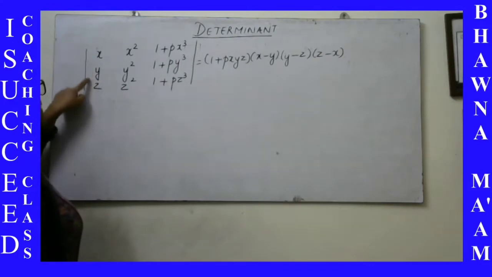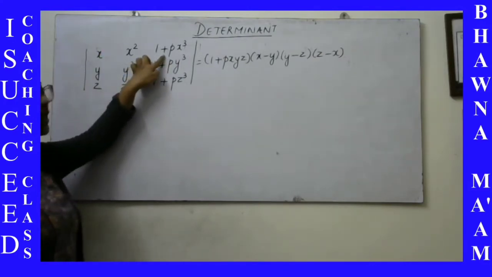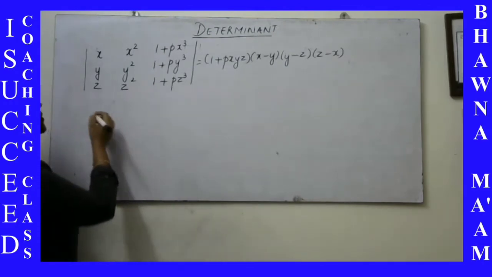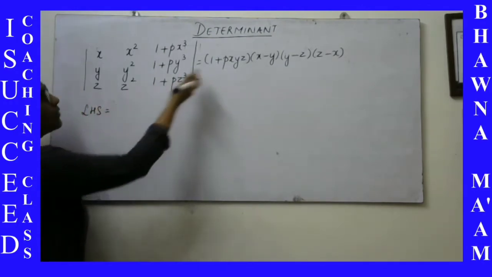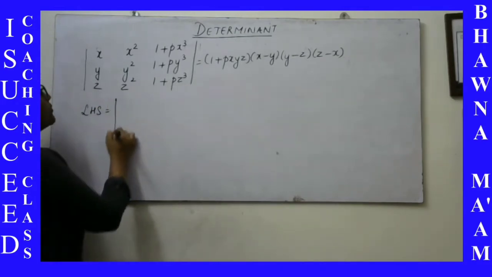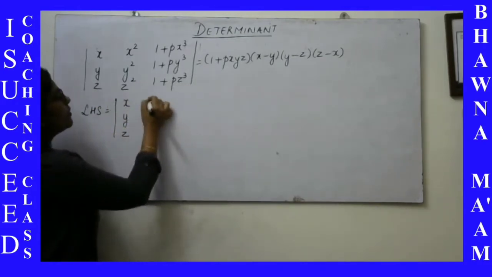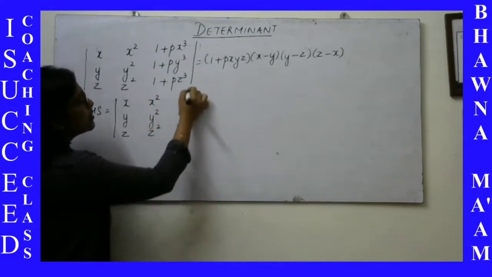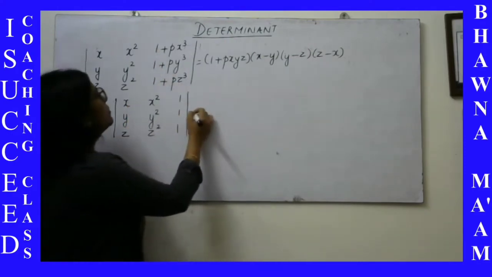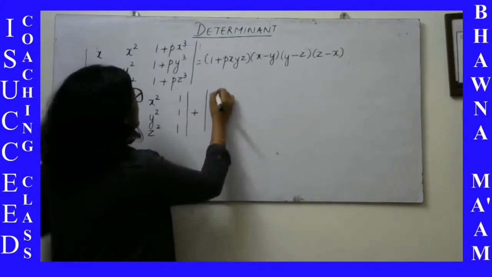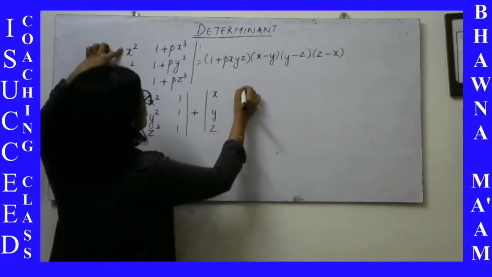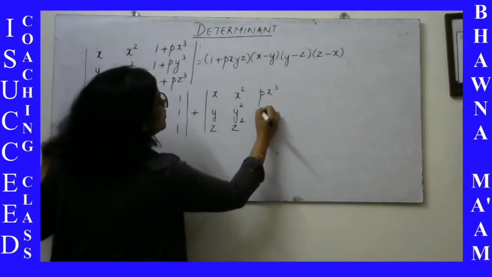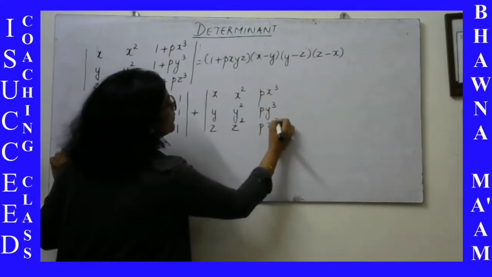It is x, y, z, x square, y square, z square, and as we can see in the third column, we have the sum of two entries. So we'll split this up, starting with the left hand side. Since I have to arrive at this result, I will split the determinant with the first entries as 1, and the next one we will take x, y, z. The first two columns are not going to change. Where there is summation only, that we will split up. So this becomes px cube, py cube and pz cube.